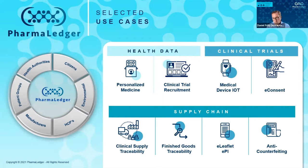Finished goods traceability, which is the commercial variant of that, of course, is a big topic of discussion. This is where ownership could change hands and offer some potential benefits in the future, like digital recall notifications or inventory management visibility. The next one is e-leaflet, but it's actually better known as electronic product information, or EPI. This is a digital version of the package insert or the leaflet, and it is a huge